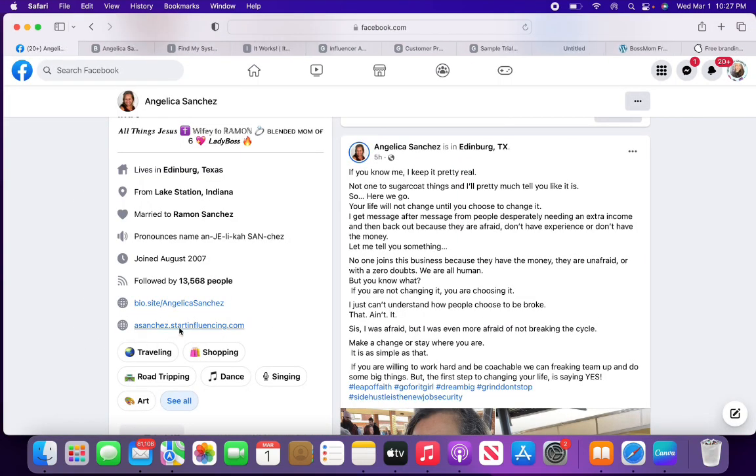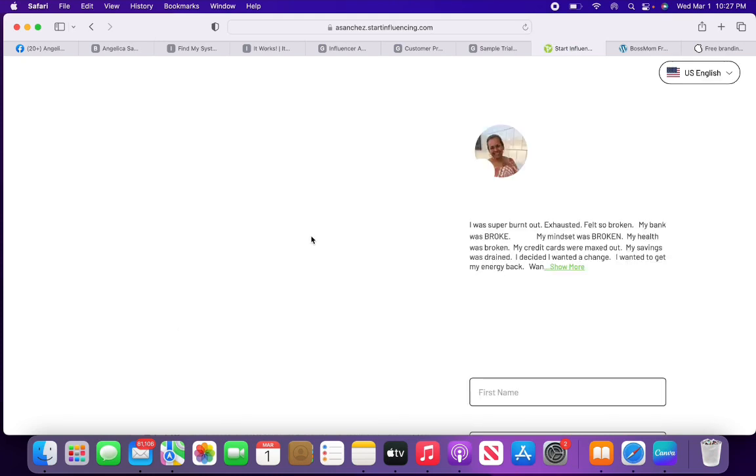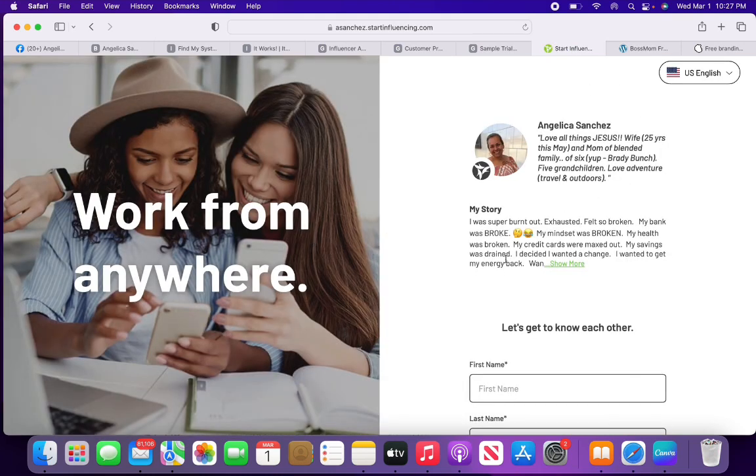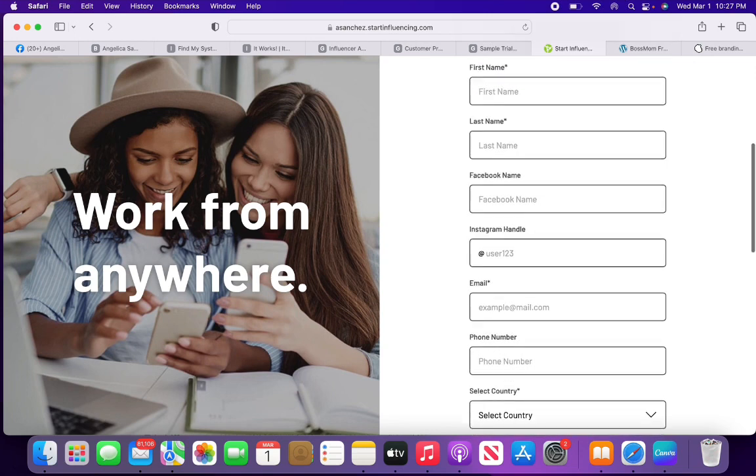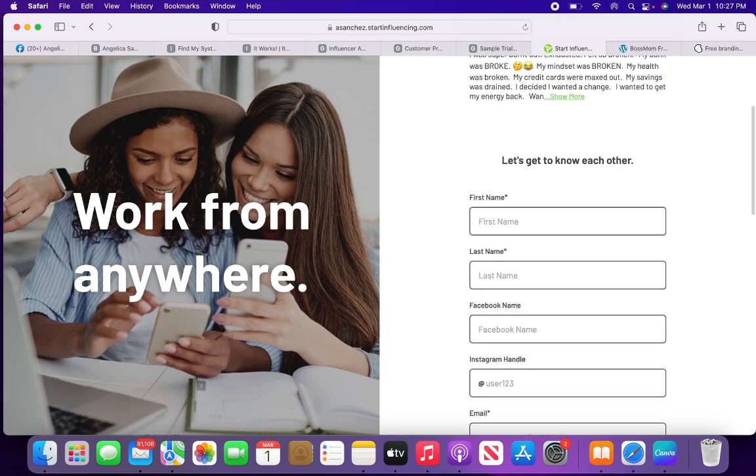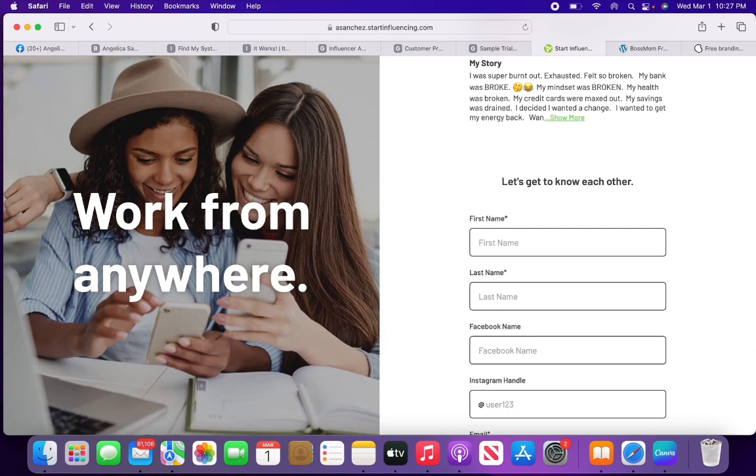And then here, the startinfluencing.com. What is this? Okay, so same thing. You're just directing right back to It Works. So at this point, I'm like, oh, I want to make money. That looks good. And then I'm going to click on it. I'm like, oh, it's at It Works. Okay, they're wanting me to become an It Works distributor. Oh, you know, my neighbor Susie down the street that used to babysit my kids, she does It Works. Okay, I'm going to go talk to her about this, and I'm going to go and get signed up because you've sold me on this. But because I know someone else that sells it, I'm just going to sign up with her. I kind of feel loyal, so I kind of have to do that.